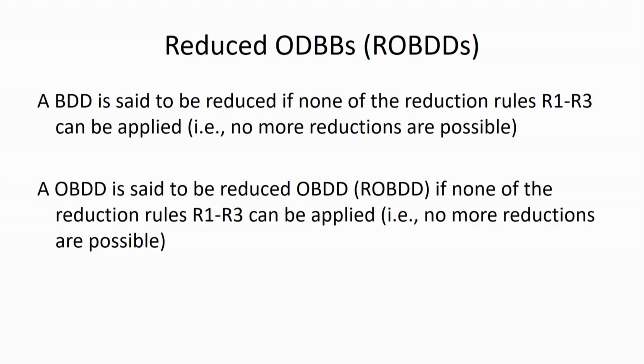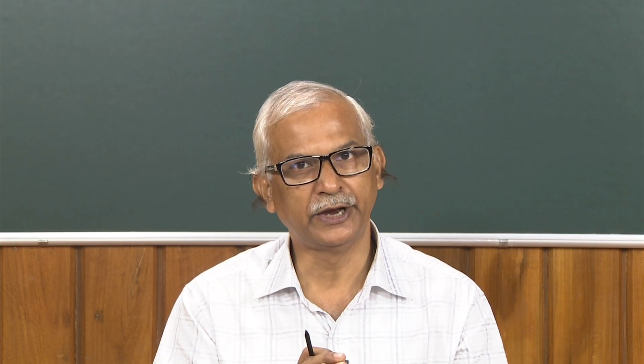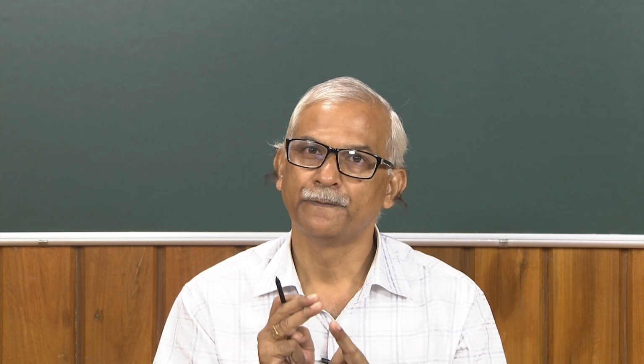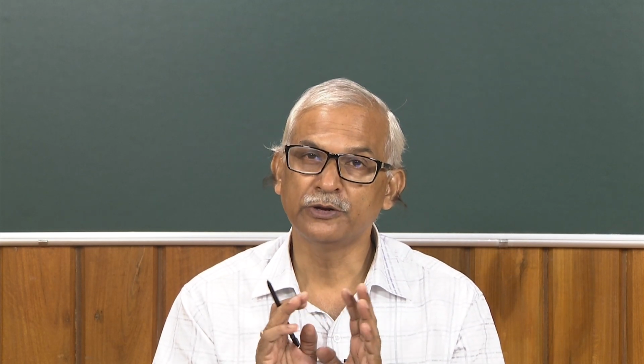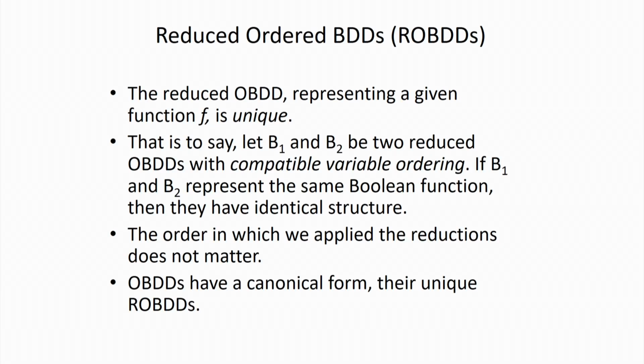Okay. Now, we have seen reduced BDD, we have seen ordered BDD. Now, if we have an ordered BDD and it is also a reduced one, then we say this is your reduced ordered binary decision diagram, and we write ROBDD. So, in case of ROBDDs, the variables follow a particular variable ordering, and secondly it is a reduced one, we cannot reduce it further. Then in that case we say this is your ROBDD.